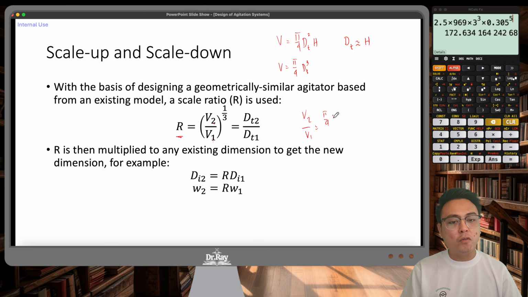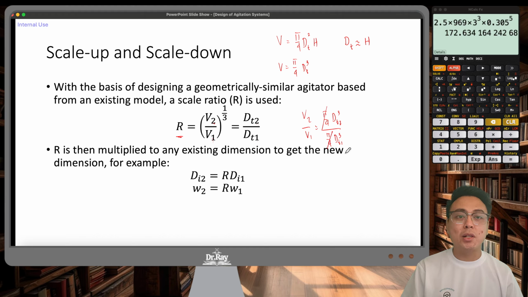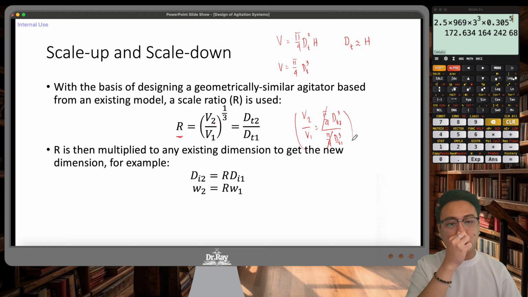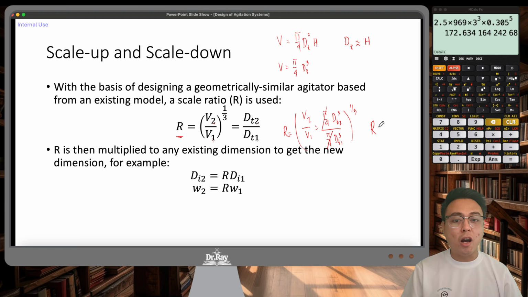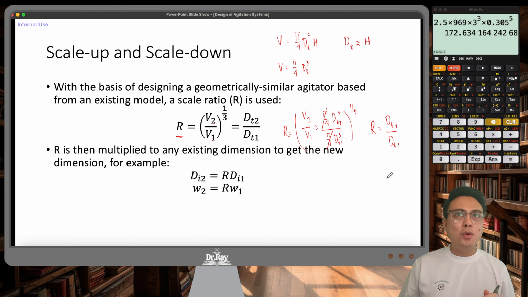this is pi over 4 new tank diameter cubed over pi over 4 original tank diameter cubed. The pi over 4 will just cancel out. And if we get the third root of this one, we get the very simple result: the scale ratio R is simply the ratio of the tank diameters. So literally, we're just trying to see what happens if you make the tank bigger, and what happens when you make the tank smaller, and